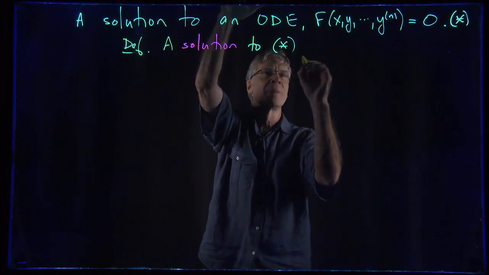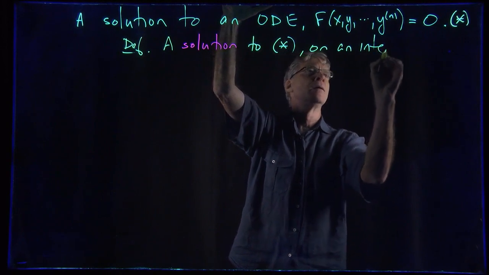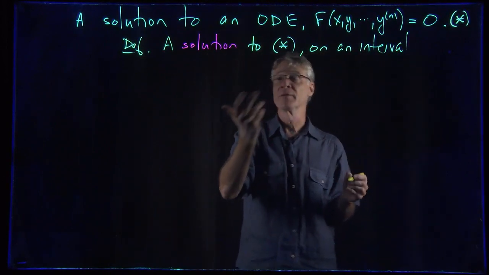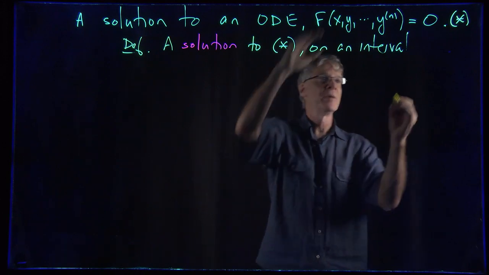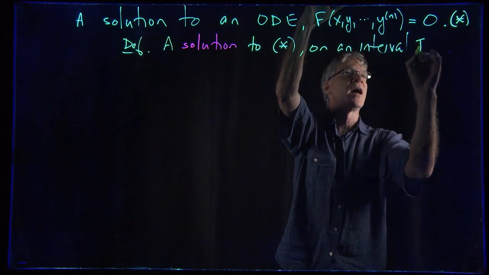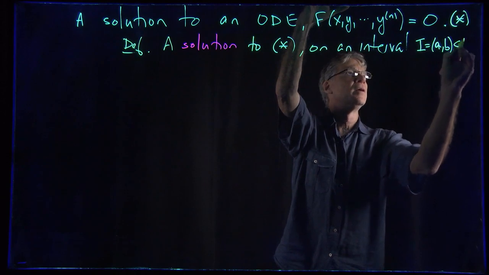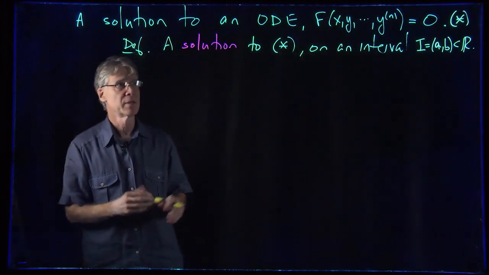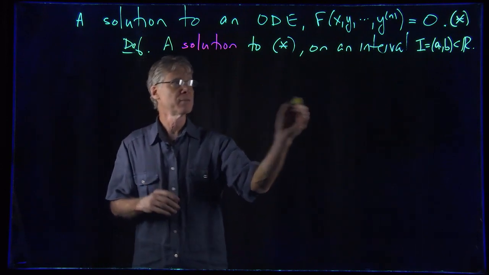And this is on an interval, and I need that interval because the interval is going to tell us if it's a function, it needs to have a domain. And that interval is I, and typically it's going to be an open interval as a subset of R, of the real line, because this is an ordinary differential equation. On an interval I,